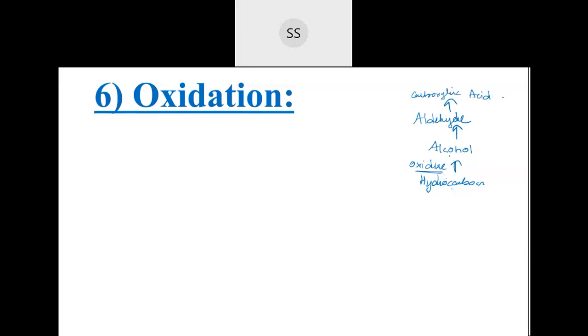This is the hierarchy which you need to keep in mind. Okay. If you oxidize them, hydrocarbon on oxidation gives you alcohol. Alcohol on oxidation gives you aldehyde. And aldehyde on oxidation gives you carboxylic acid. Okay. So now here we are going to do oxidation. That means to alkenes you are going to add an oxidizing agent. So the oxidizing agent which we are taking is cold, dilute KMnO4 solution. Okay, cold dilute KMnO4 solution. This is the condition in which KMnO4 is taken. Because if you take it in a different condition, hot and concentrated, that will give you some other product.